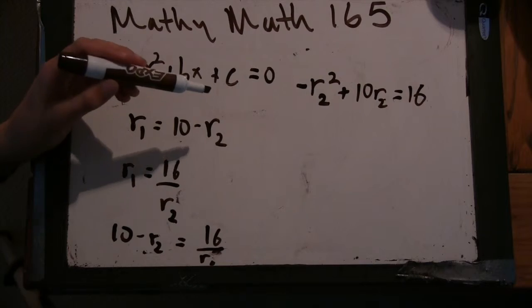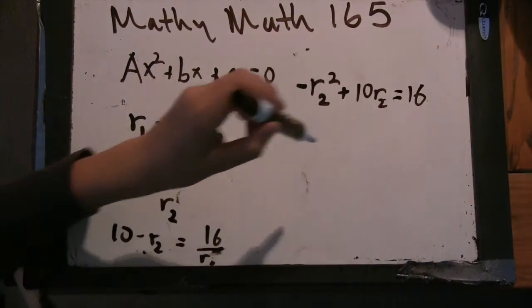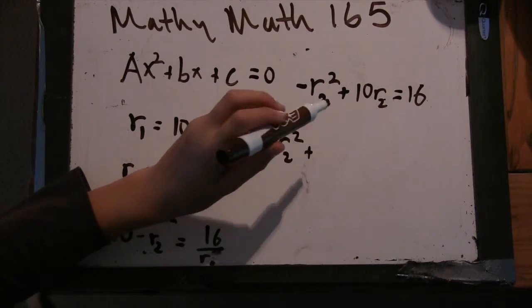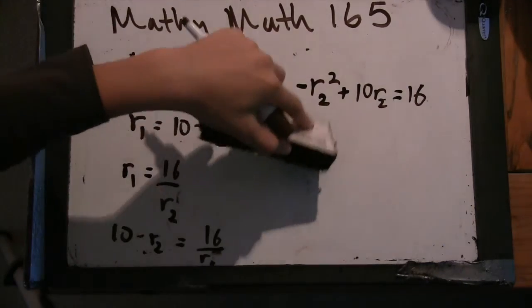And then I'm going to multiply everything by minus 1 and move the 16 to the other side. So r2 squared plus minus